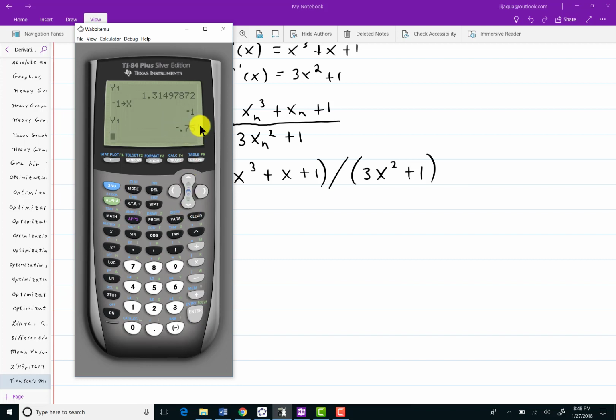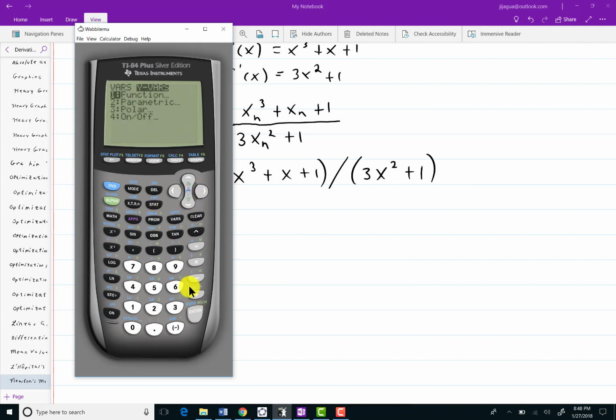Well, this is going to be our second guess. This is going to equal x1. So then what we're going to do is store that as our new x, enter, and then go and get the new y value. So go to yvars, function, y1, enter. And then we keep repeating the process. This now becomes the new x value. I'll store it into x. I'll hit enter. And I'll go vars,